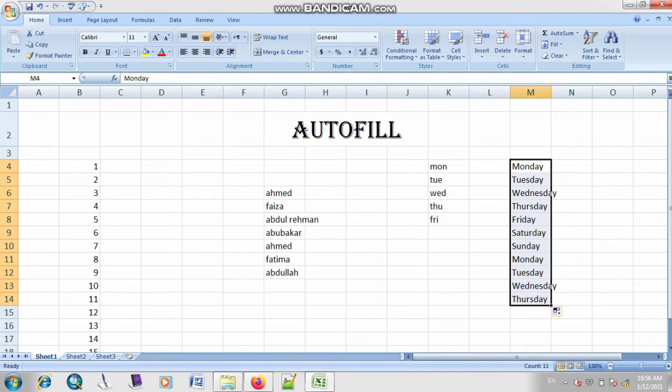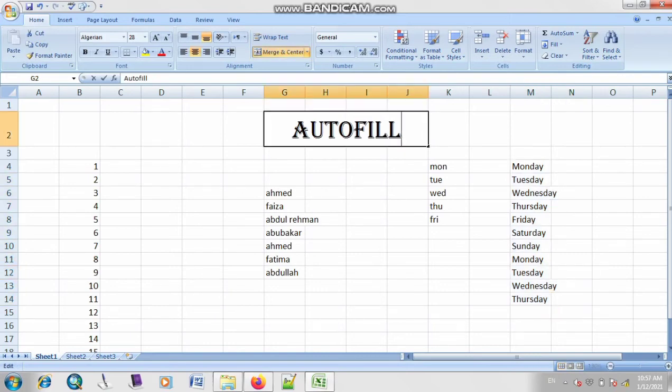This feature is very easy to use, and there is not any kind of difficulty in using it. So in this way you can insert your values and numbers, whatever you are typing. Now the most important topic is autofill and, let me type here, and filter.